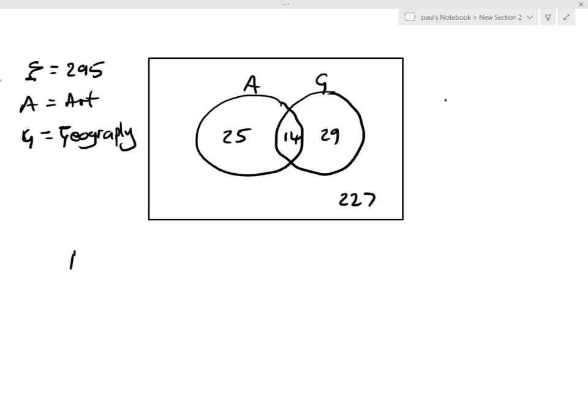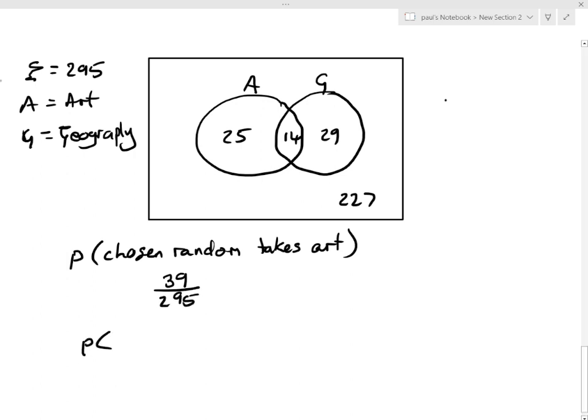So, right, chosen at random. Everybody takes art. So there are 39 out of a total of 295. And the probability, go down a tiny bit, the probability that an art student